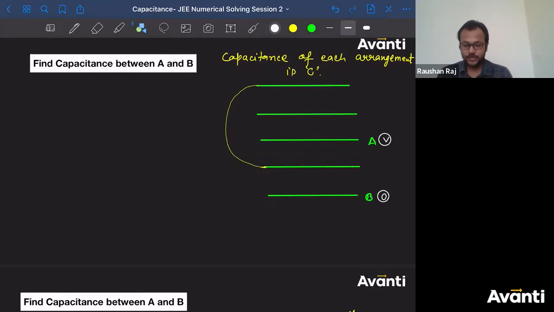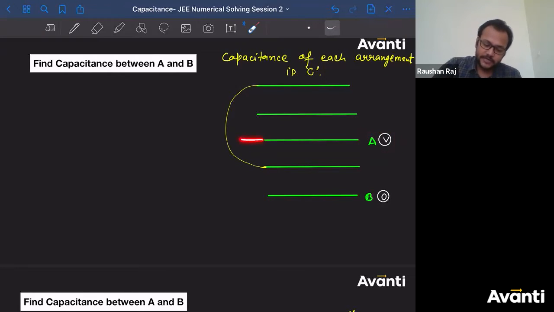Those who can recall the last class, there we had a condition. If this has V potential, some other plates were also connected with it, so it was easy, that would also become V. But now we have two plates. They'll have V and 0 as the potential. But what about these? I don't know about that. So what will we do? We'll consider.